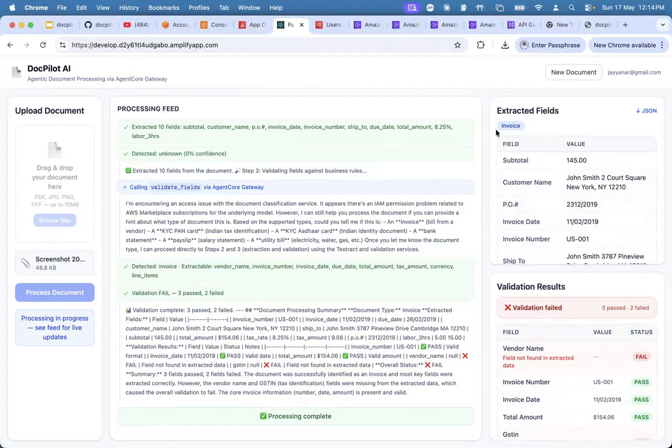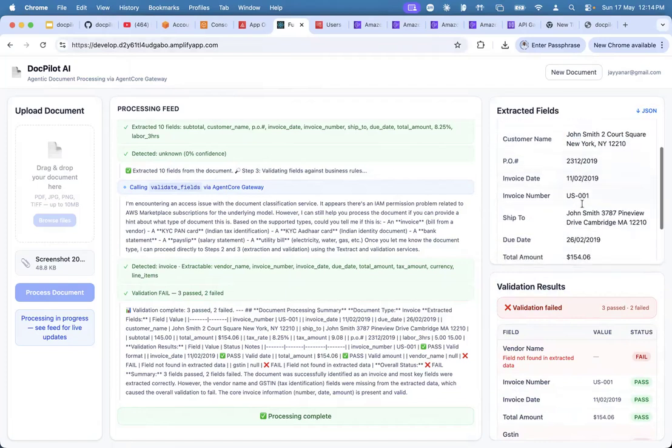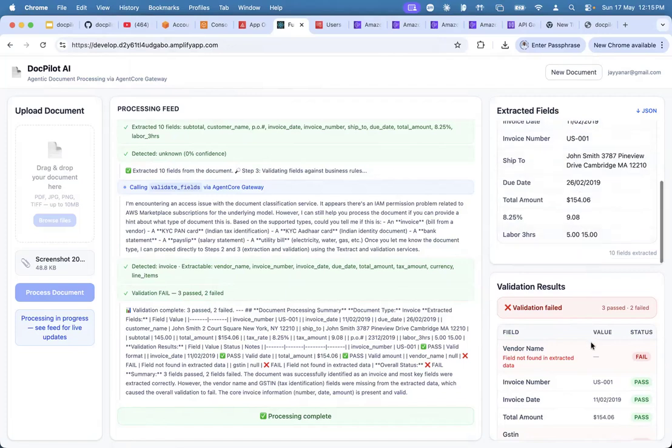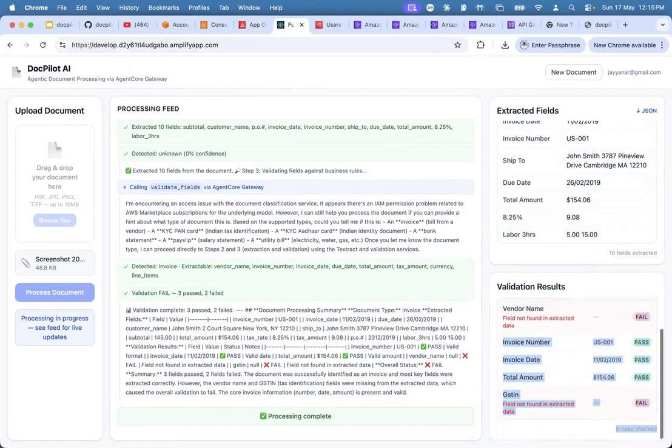It can be any format. It will validate. If you look at this validation, you can see the subtotal is 145 and the total amount is there. This is our invoice date, invoice number, everything is there. But since I'm using a US one, it doesn't have a vendor name and GST number. So it will keep a human in the loop before updating the ERP. That's the idea.